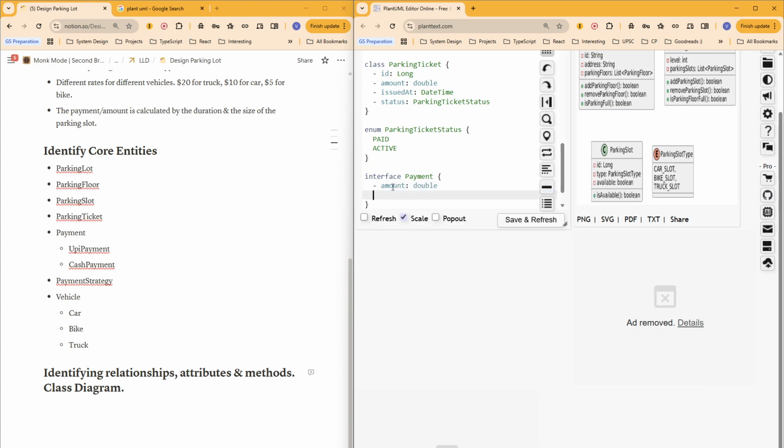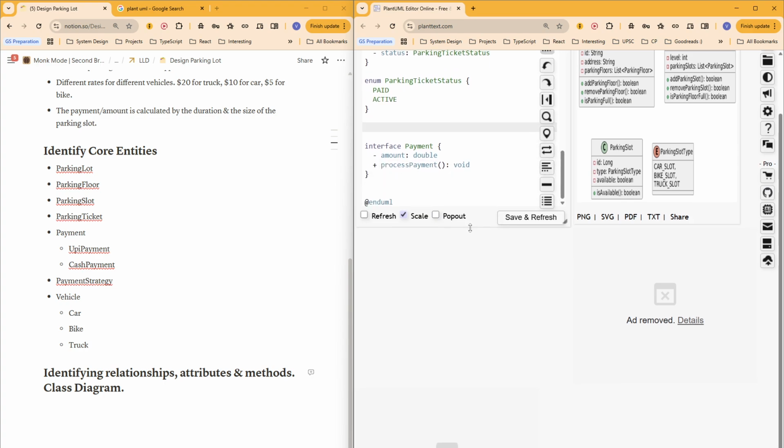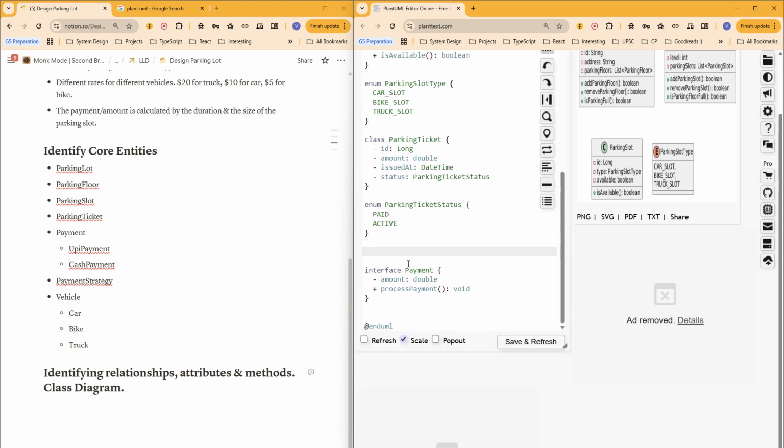and it will also have a method, sorry, which is process payment, which will handle the payment stuff. Okay. So process payment, I think, would take in some inputs. Let's say. Okay. So